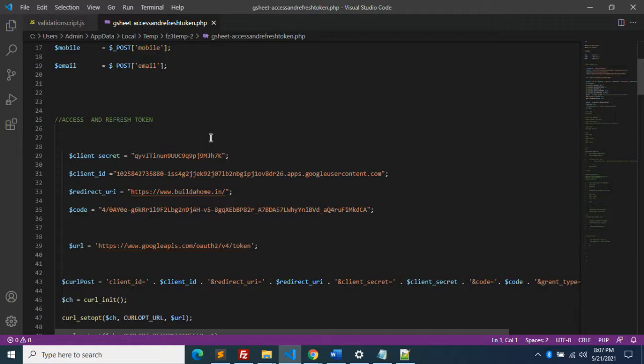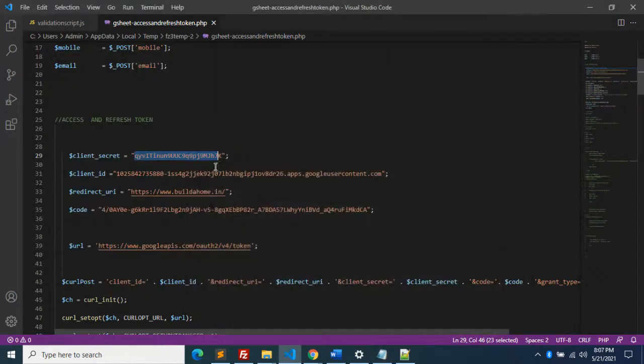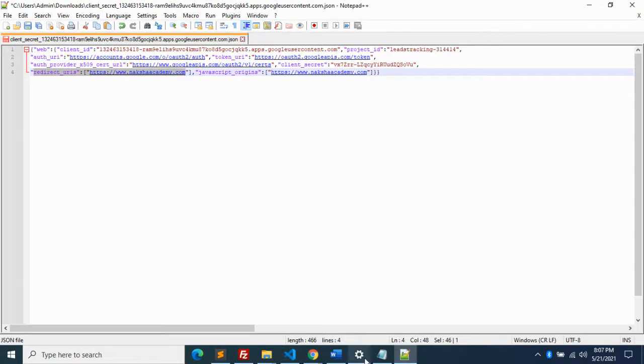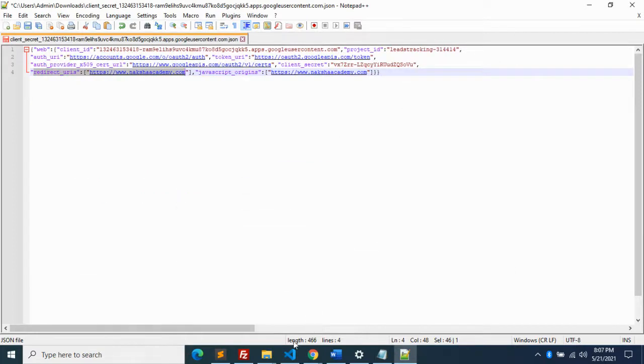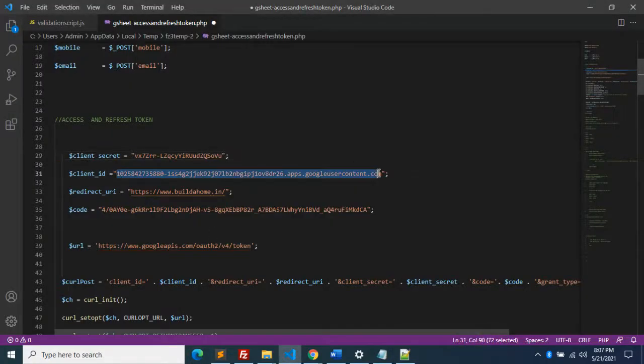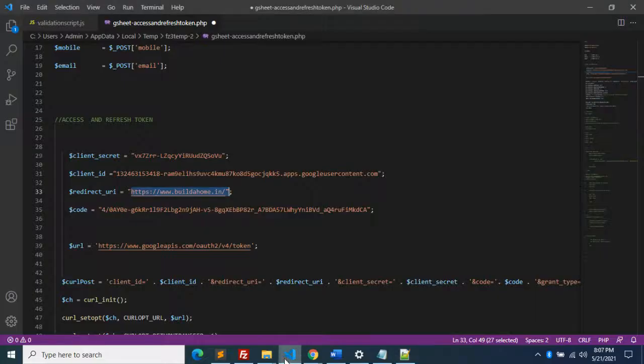Here we have the client secret. Whatever client secret we have, we are going to use that. And the client ID, whatever we have. Then the redirect URI. I have already explained the redirect URI; we got it in this one, so you can use it from here.